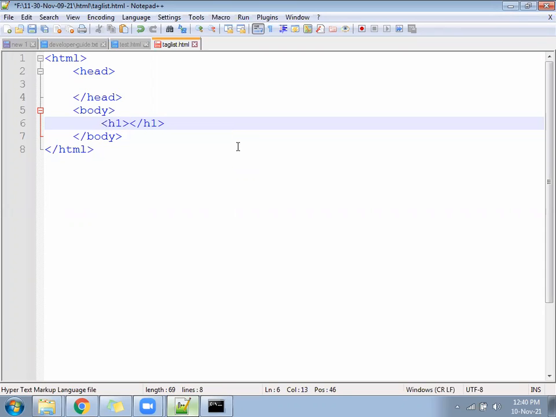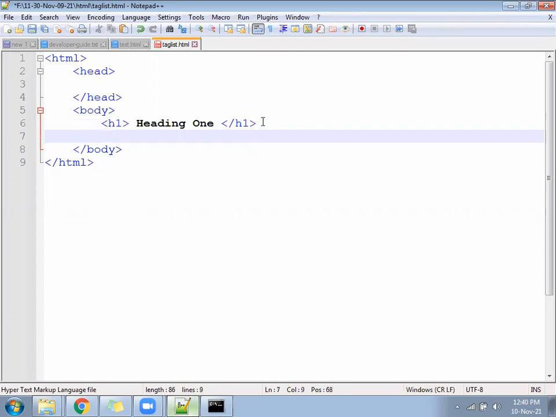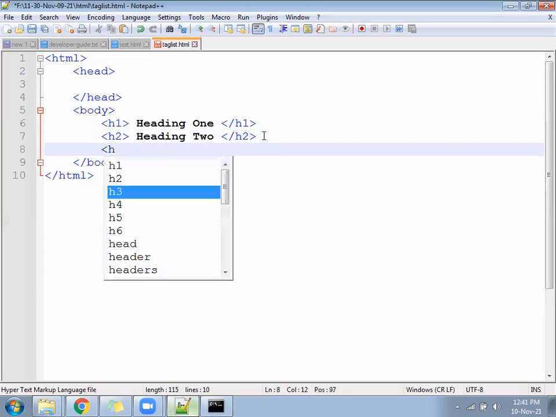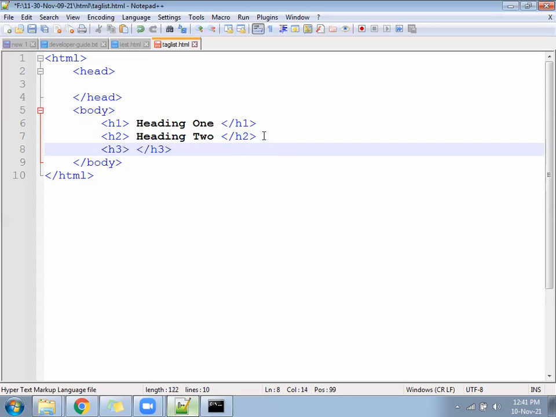So where does the heading come from? HTML has given a total of 6 types of heading tags that start from H1. We can write here heading 1. It's the biggest one. It will come in a very big size. Okay? H1, the biggest one. Another we have is H2. It will go till H6. You can write them continuously also. H2 is heading 2. Next we have H3. H3 is heading 3.